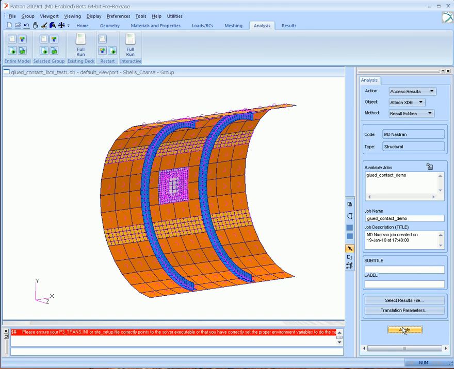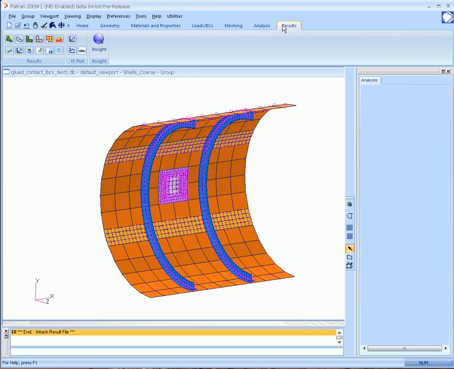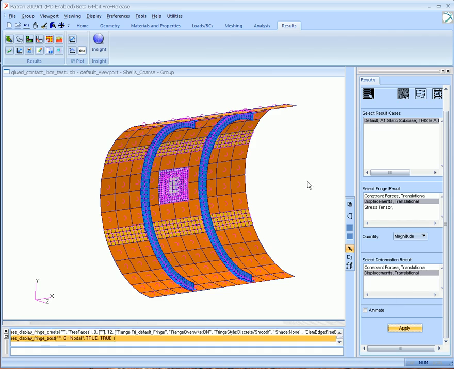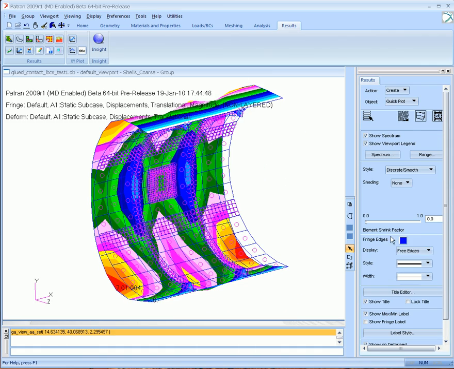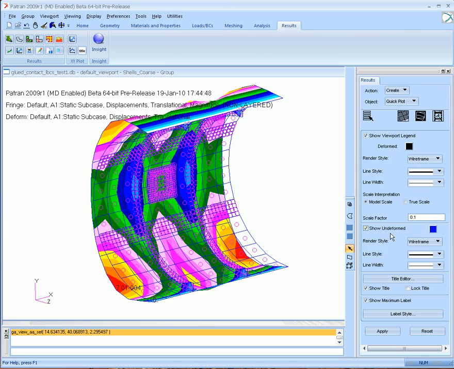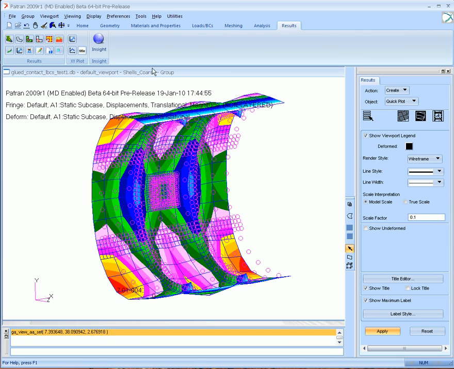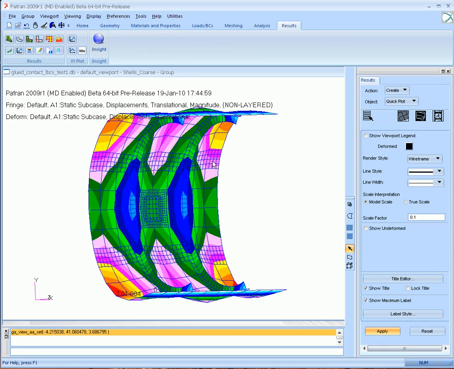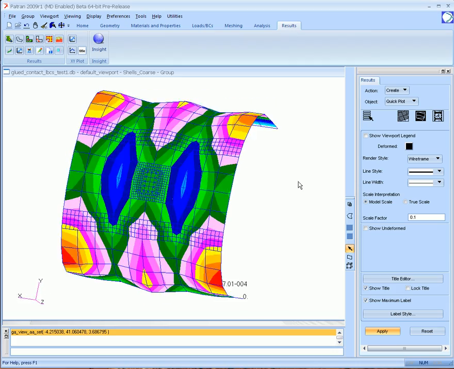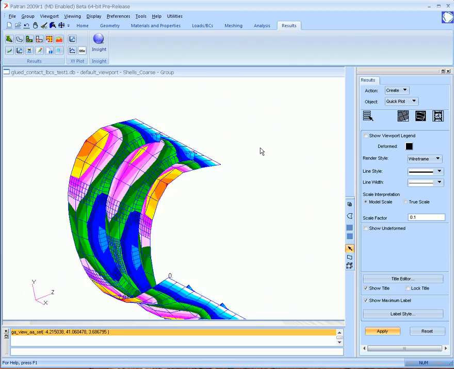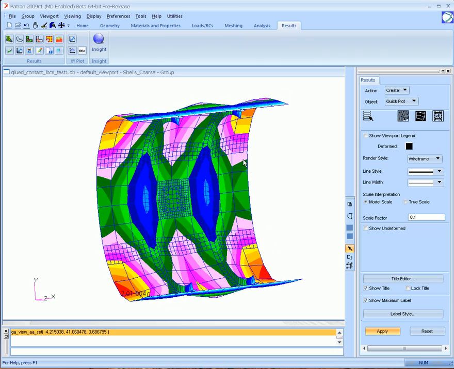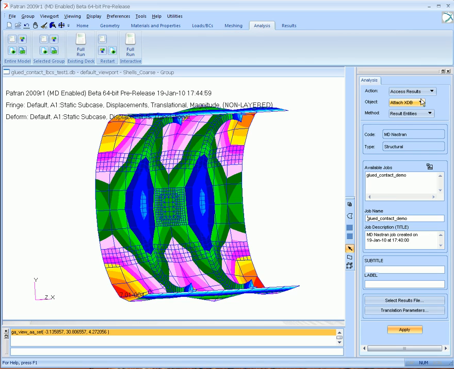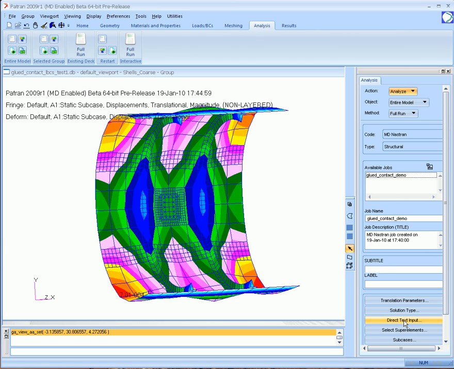So we're going to access the results. By default, Patran recognizes the default names. If we look at deformations on this problem, this is a little bit hard to see, so we'll put element edges on. We'll turn off the show deform. We'll refresh the display to get rid of the glue contact pairs. So we see here that we have a fairly closed model. Continuity seems to be pretty much observed around all the boundaries, and the displacement shape seems to make sense as well. One thing that can also be done is to request,